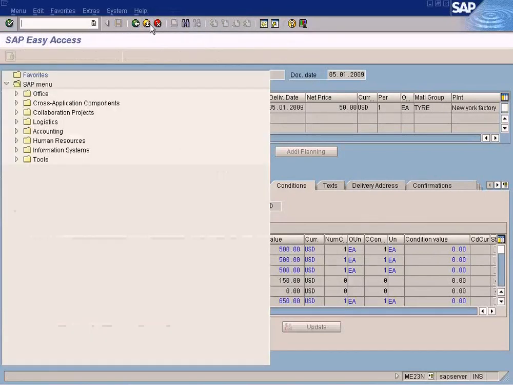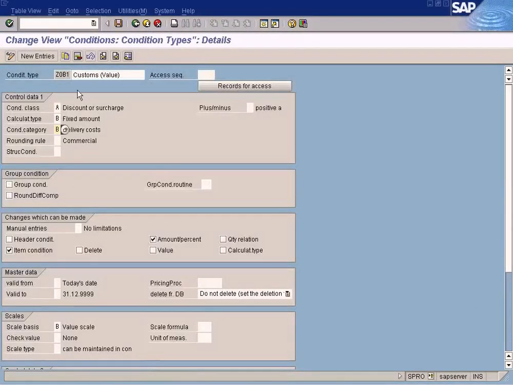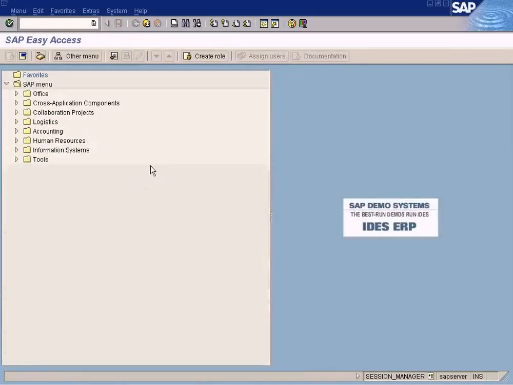Okay. If you want to define new condition types, by all means you can go ahead and define a new one, but make sure you choose A, B, B here, otherwise it won't work. Most importantly, you have to choose delivery cost here, and you can define whether it's editable or not and so forth. Alright,